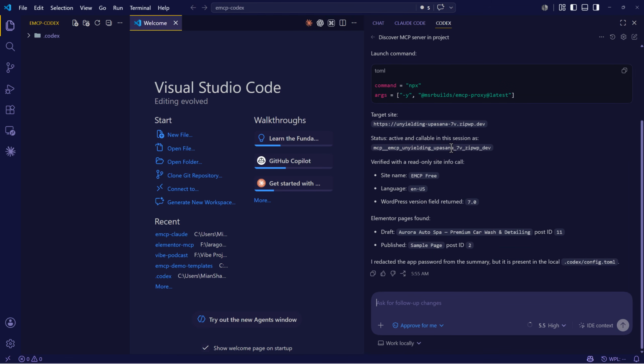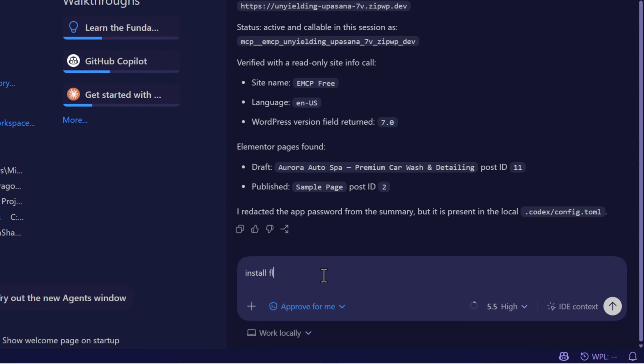Great, it has also found the MCP server. Now you can also perform actions in Codex extension in VS Code. Let's say